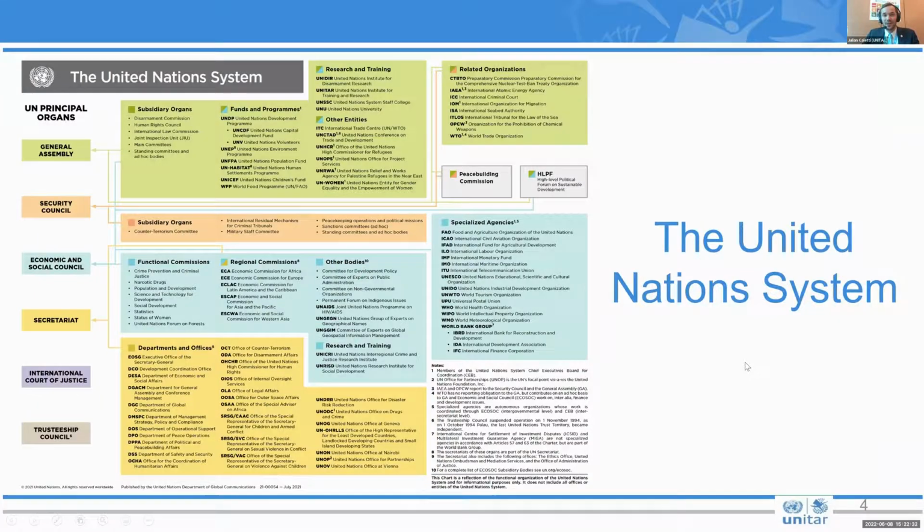Now, this is what the United Nations looks like when you have the entire system. And that might surprise you, because you might have thought the United Nations is actually one organization, but it's much more than that. It's like an umbrella, as you see. And all of these smaller UN agencies exist to try to solve one of these global problems that